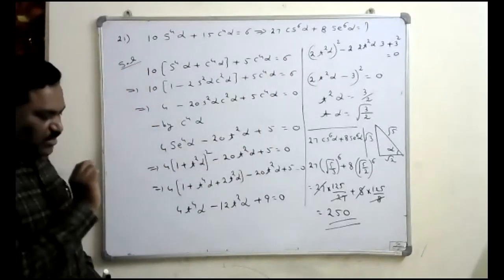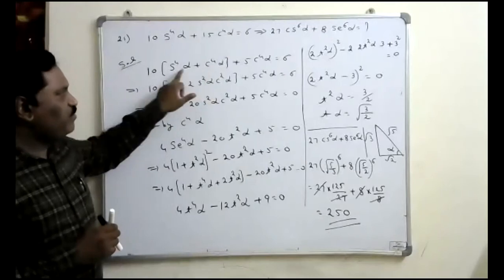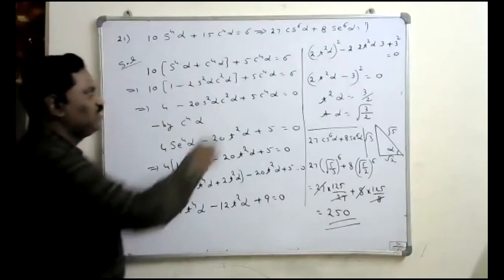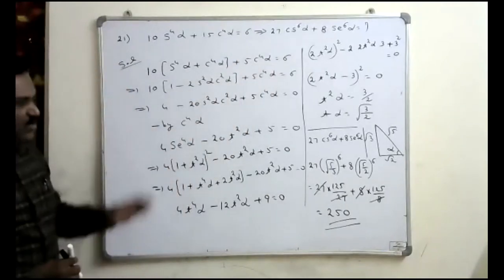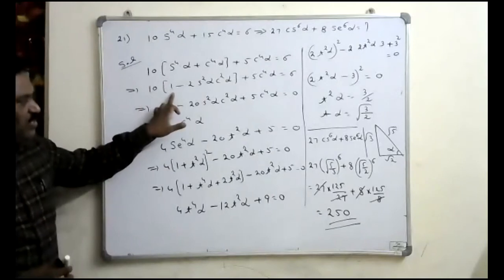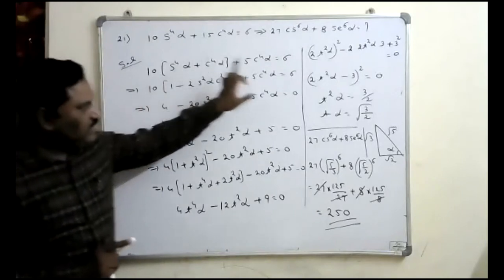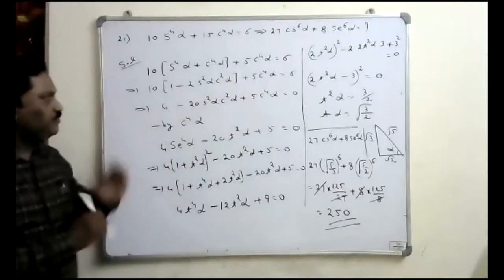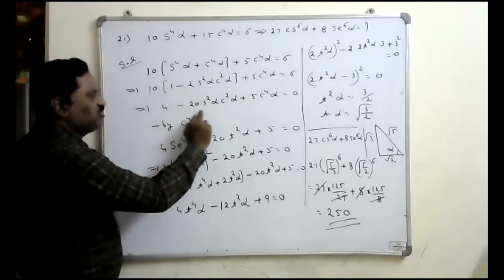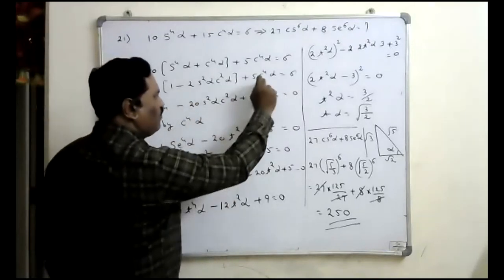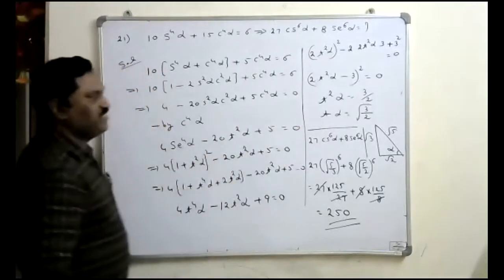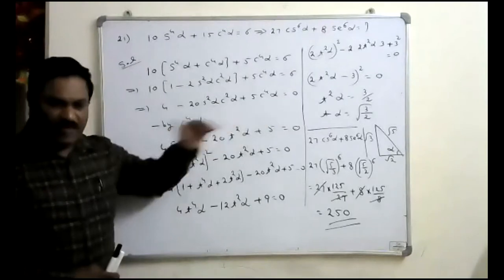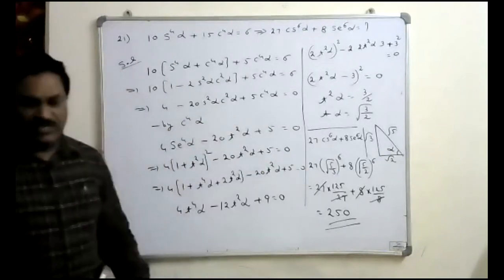Now we know the result that cos power 4 alpha plus sine power 4 alpha we can write as 1 minus 2 sine square alpha cos square alpha, then write down the remaining term as it is. Now here if you multiply by the 10 into 1, that is the 10 is the constant. Here 6 is there, bring this side, minus 6. 10 minus 6, which is 4. Then 10 into minus 2 means minus 20 sin square alpha cos square alpha plus 5 cos power 4 alpha is there. Okay. Now, here cos power 4 alpha is there. That's why I will divide by cos power 4 alpha on both the sides.